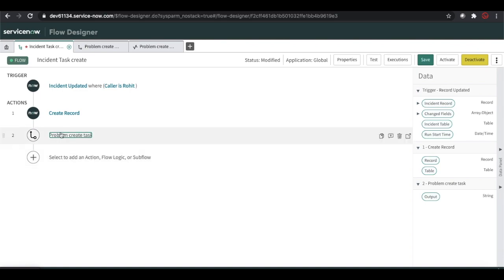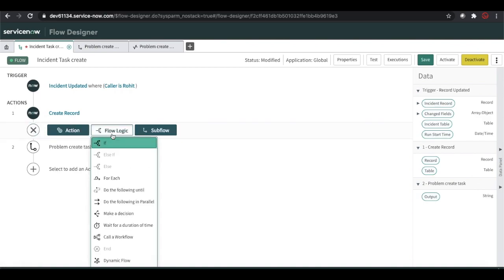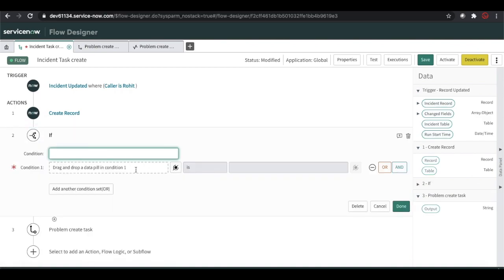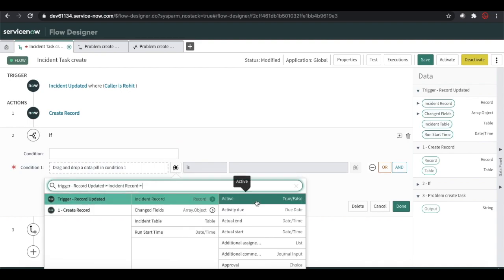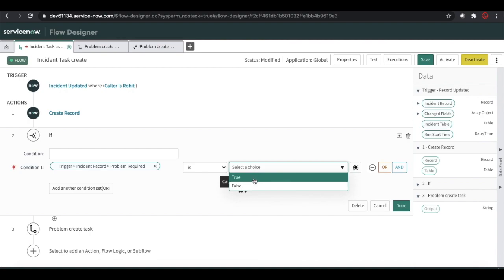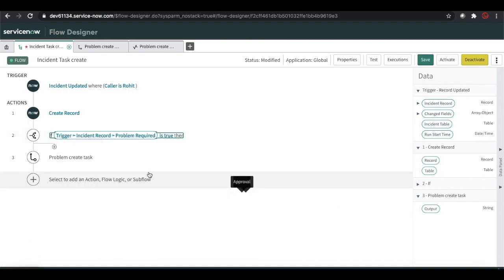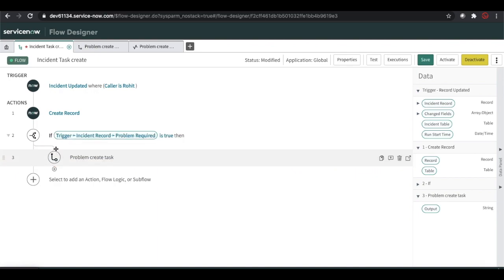So you can see we are passing the incident number here, and we are calling the subflow. Before that we can put some flow logic. The flow logic is: if the incident record has the problem required checkbox true, then only we will call this problem task created API.